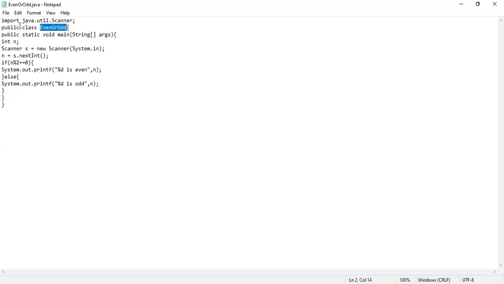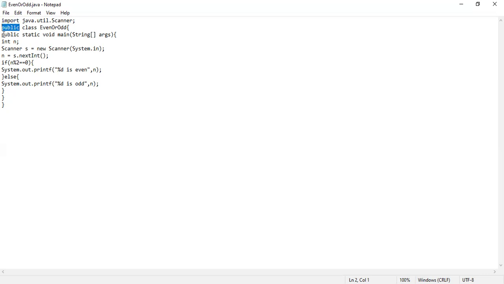We need to make it a public specifier because it can be accessed by any system. So we make this class a public class, and here my file name is also the same as my class name. In Java, basically we need to save our file with the same name as the class name, so that the compiler knows that we are executing the program of that particular class.